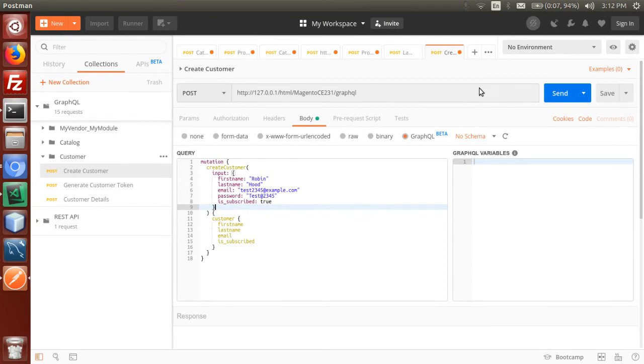Okay, so let's create a customer. After creating this customer, we will try to log in using this email ID and password, and we will retrieve the first name. We'll display it with the logout button.